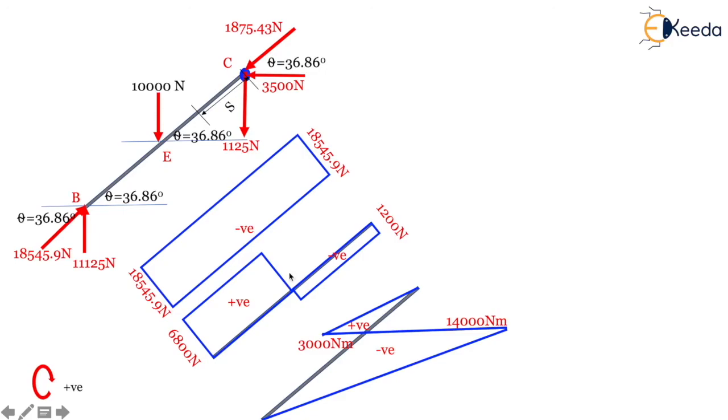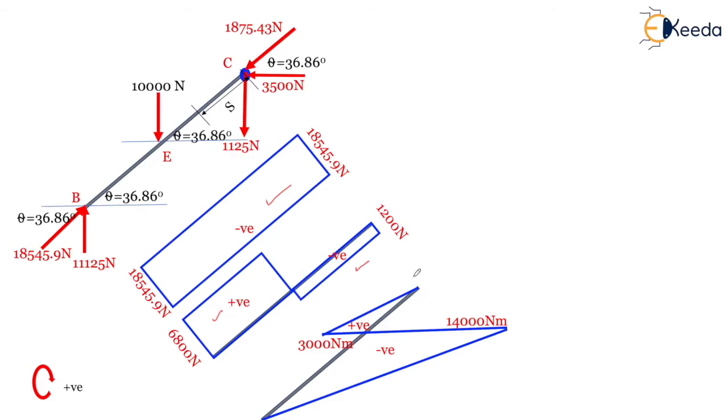Now coming to the slanting member. For this slanting member, we already have a vertical force, so simply consider its component over here. When you consider this axial component, we will plot it here. This is again a compression, so we have plotted the compression component. Now for shear force, we have just now calculated that 1200. We are getting a negative answer, so it is a negative component, and then 6800 is a positive component. So shear force we have plotted at this point.